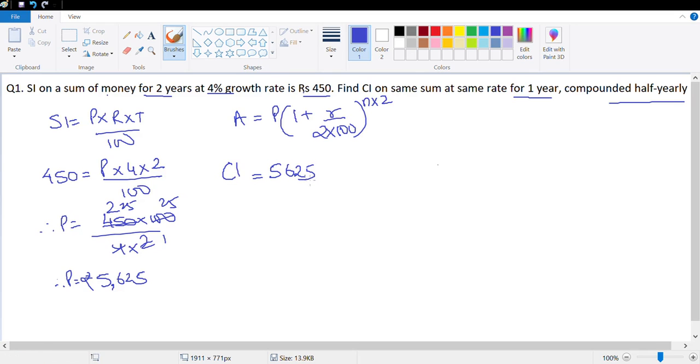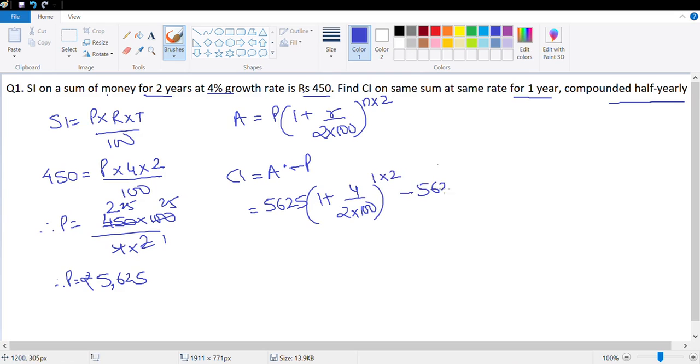So compound interest will be equal to amount minus principal. In this case, amount is 5,625 (1 plus R, which is 4, upon 2 into 100) raised to the power time, 1 year into 2, minus principal. That's 5,625. 2 into 1, 2 into 2, 2 into 1, 2 into 50. So this is 5,625 multiplied with (50 plus 1, 51 upon 50) into 51 upon 50, minus